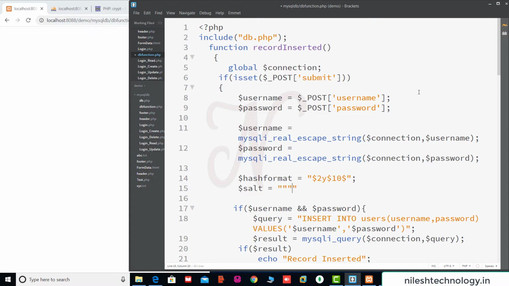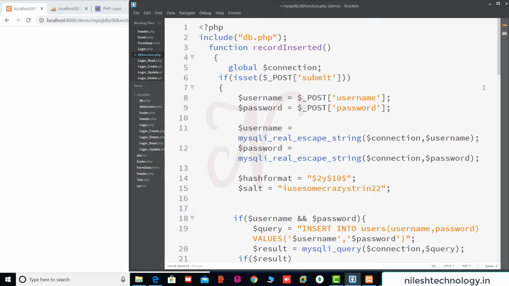I use some crazy string of 22 characters. Counting 1 to 20, here we add two more characters, so this is a 22-length string.